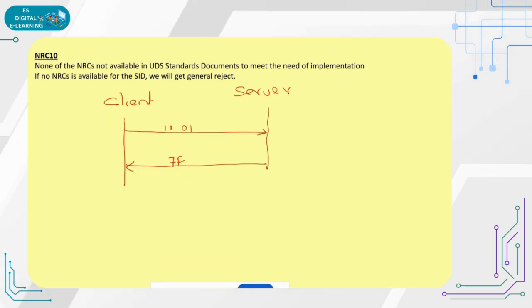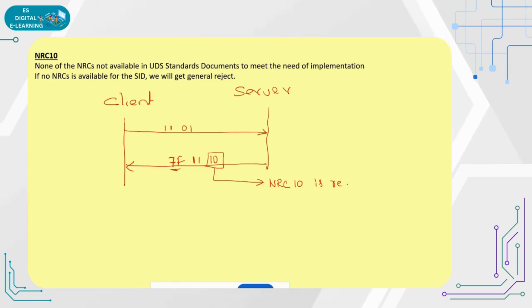We are discussing this 7F only. This is the negative response code indication. This is the service ID and NRC code, I will say 10. NRC 10 is received